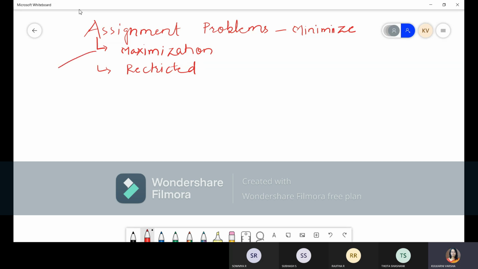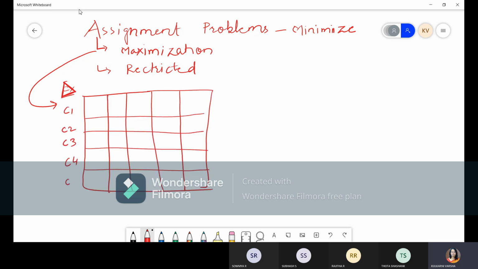So let us first go for the maximization assignment problem, and we'll start with the example itself. Let us say these are the registration counters, and these are the people who are doing the registration. These are the different persons, A, B, C, D, and they are supposed to be allotted a particular registration counter. Okay, so the cost which has been assigned is